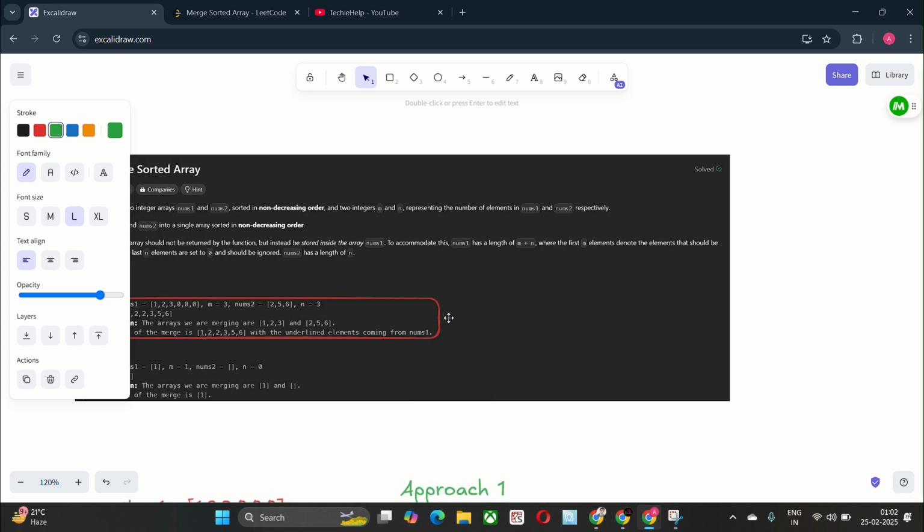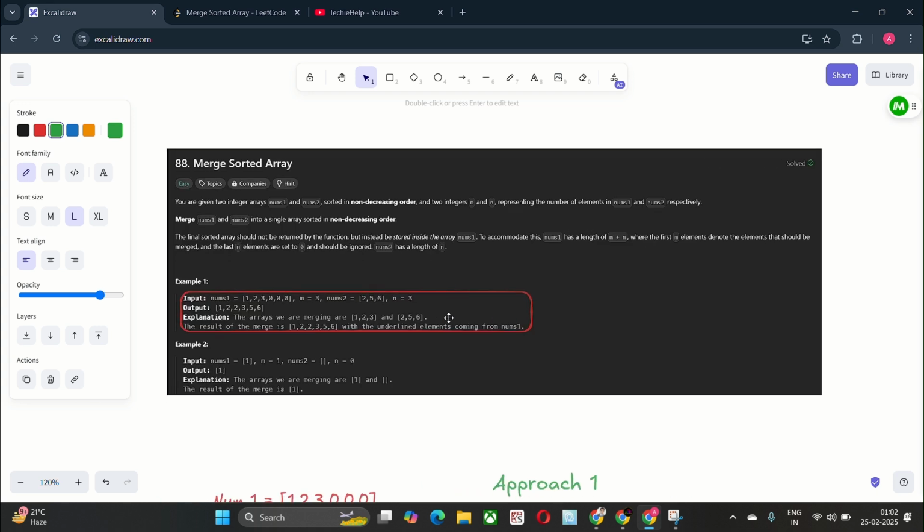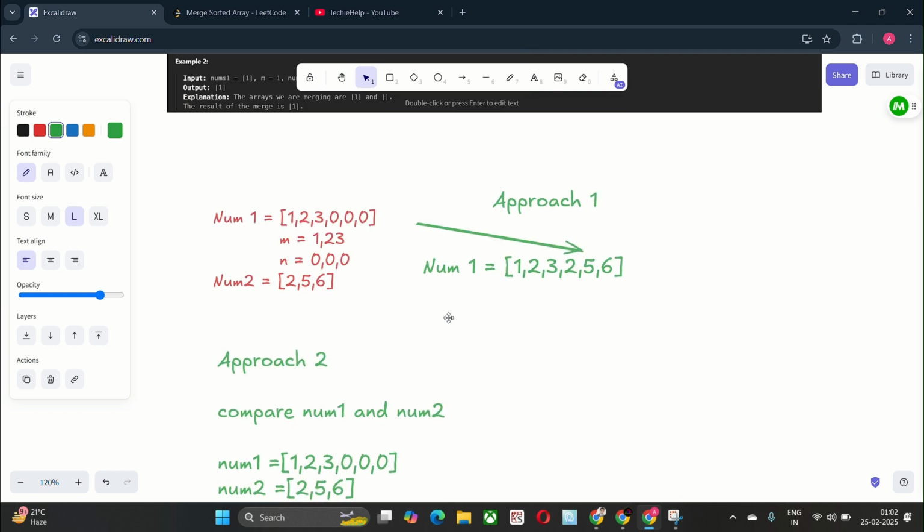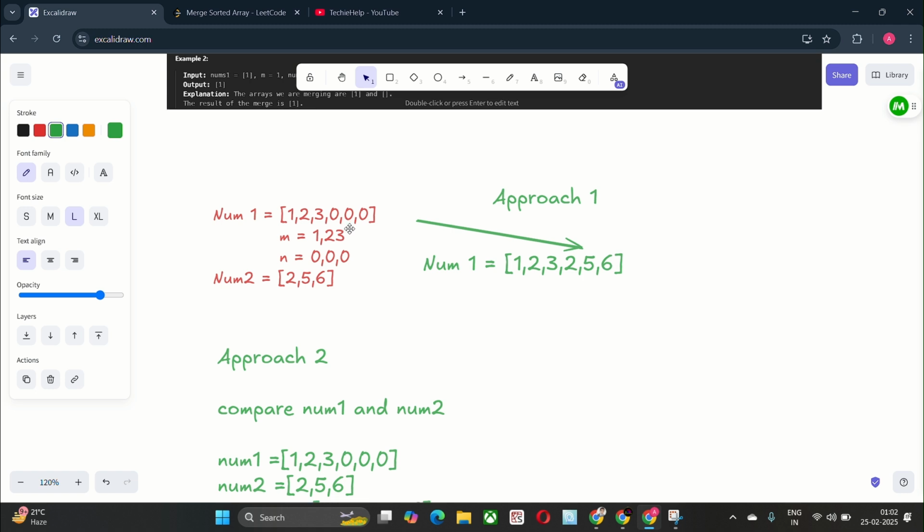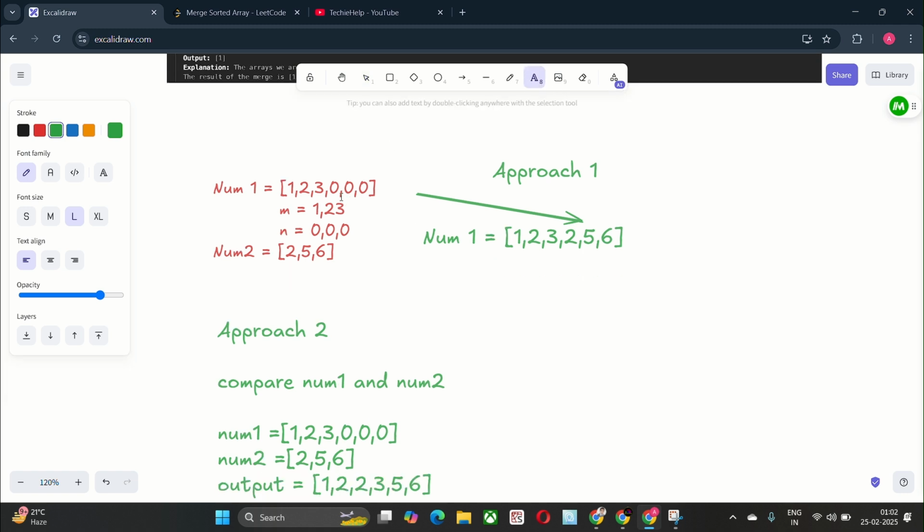So here is the description of the problem, and here our approach. nums1 is 1, 2, 3 and 0, 0, 0, so m is 3.